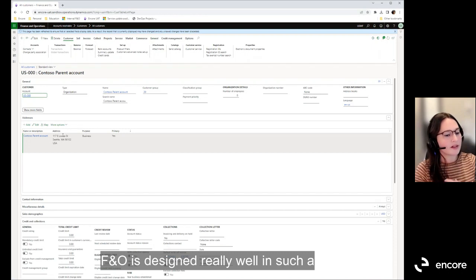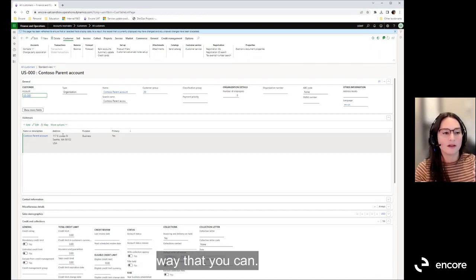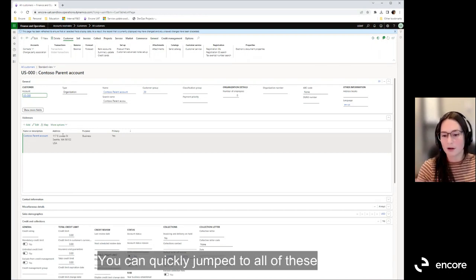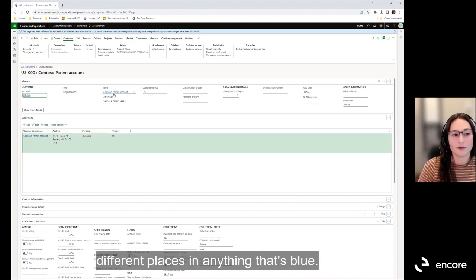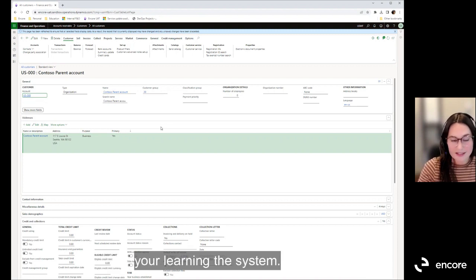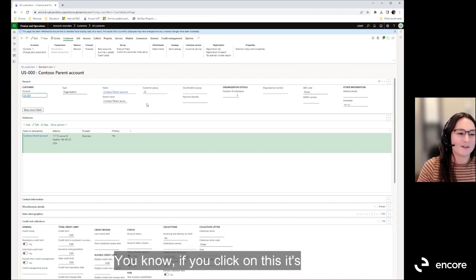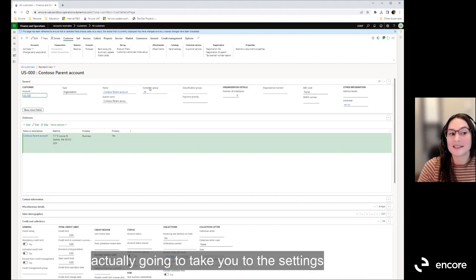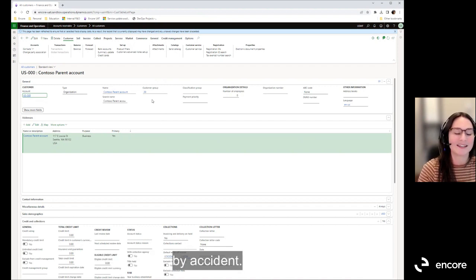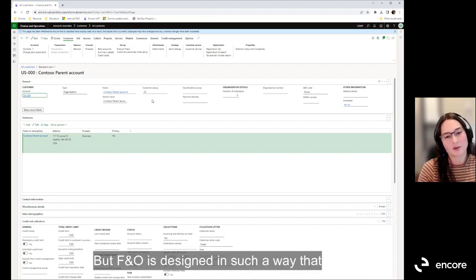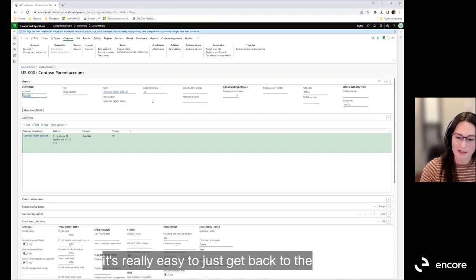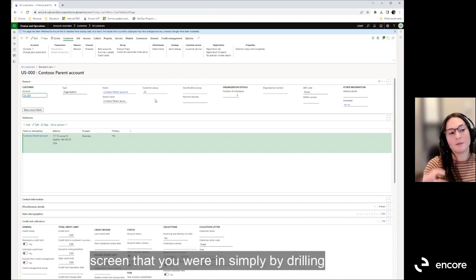F&O is designed really well in such a way that you can quickly jump to all of these different places, and anything that's an underlined blue link is a hyperlink that you can drill into. And I'm sure as you're learning the system, you'll do that by accident. If you click on this, it's actually going to take you to the settings for customer group, for example. And it's easy to panic if you get there by accident, but F&O is designed in such a way that it's really easy to get back to the screen that you were in